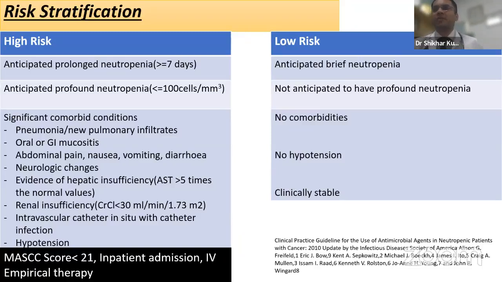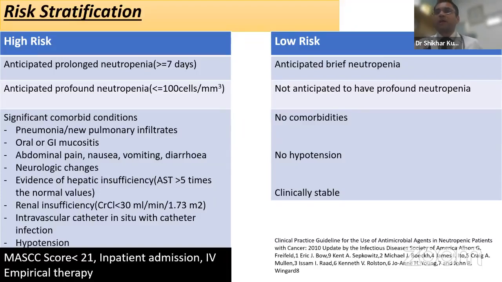And this is the same stratification based on a different risk model, but the basic concept is the same. So patients who are low risk can be treated with oral antibiotics. There are different oral antibiotics. There is no one single standard of care. You can treat these patients with amoxicillin clavulanate, or with oral ferropenum, which is also an orally available cephalosporin. There are different drugs that we use, but most patients that we would be seeing routinely would be falling into the high risk